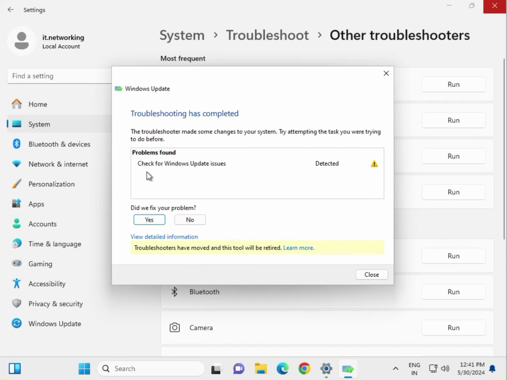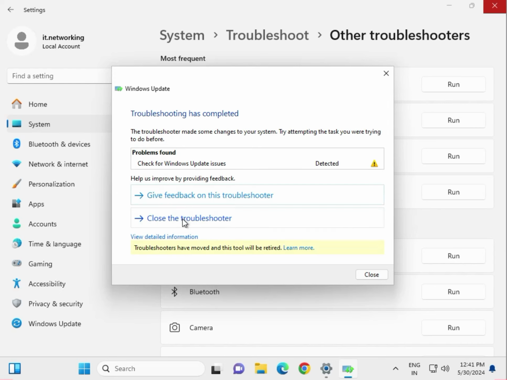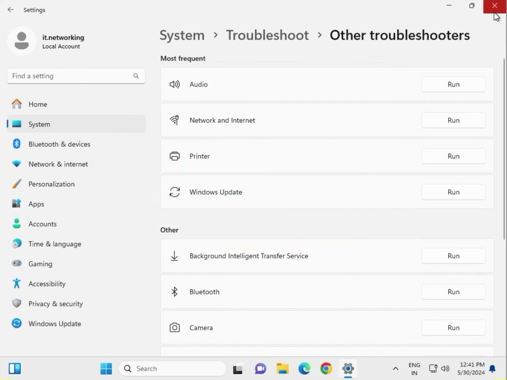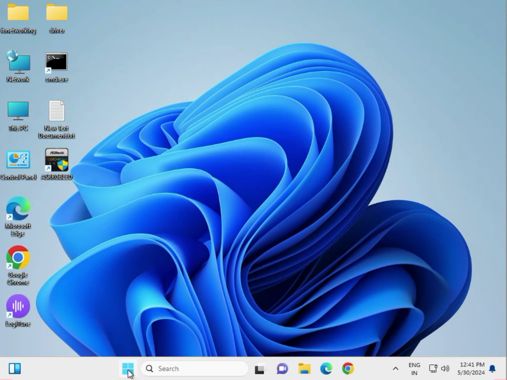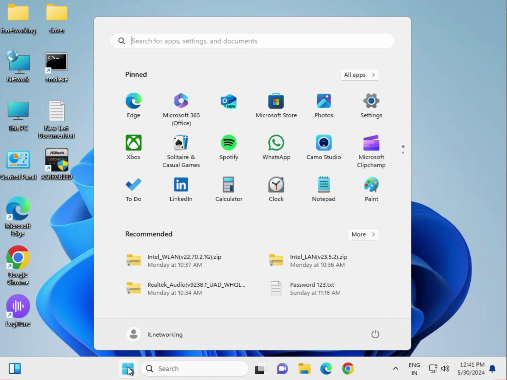It will ask whether to check the Windows Update issues, then select No, then close, then next. Click Start again. Second solution, click Run,